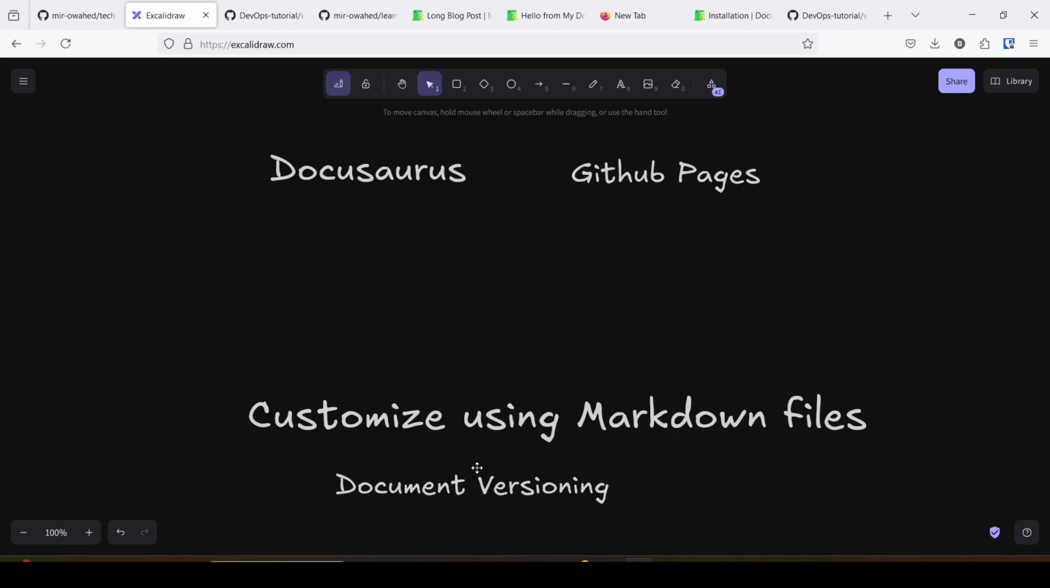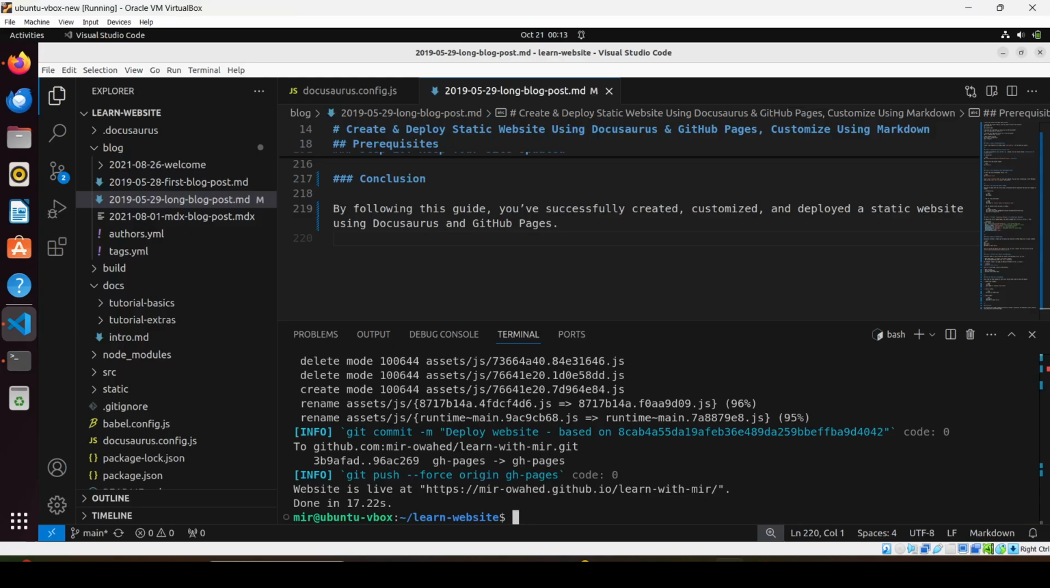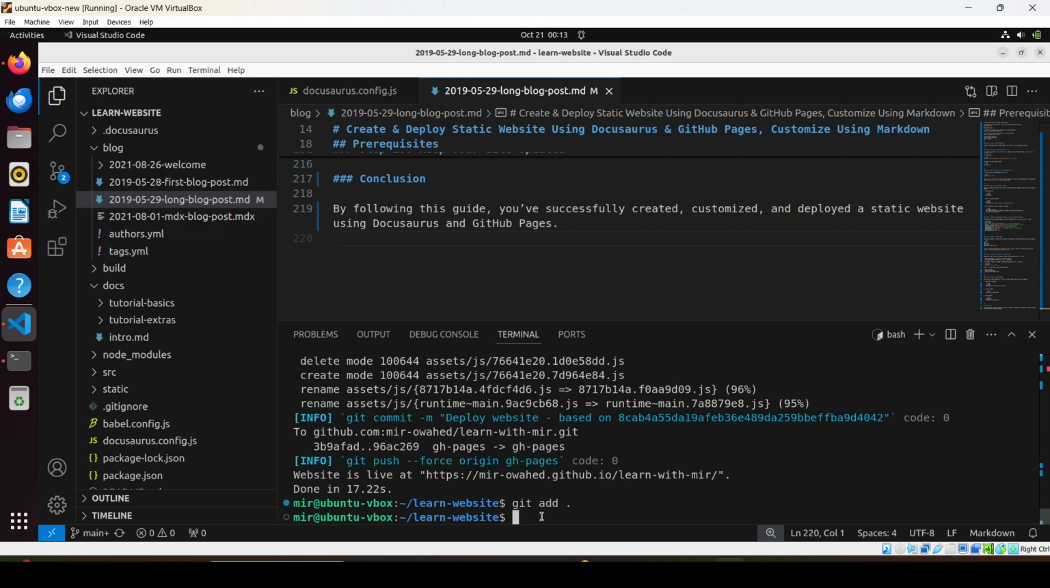Customization done. Now, to version the document, you push the code into GitHub. But this Git I have used earlier. Git add, git commit